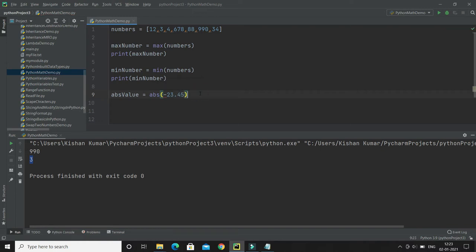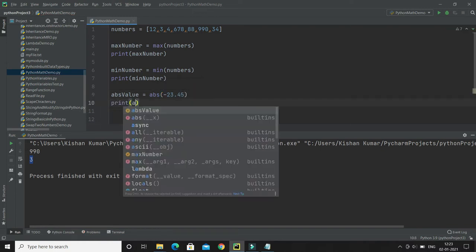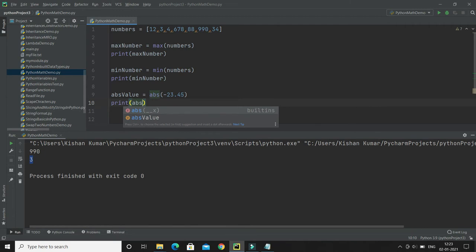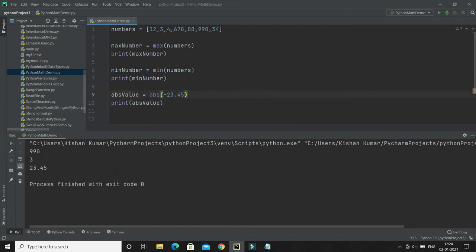If I print this abs value, let's see what gets printed. It will make a negative number positive, and a positive number stays positive as it is. That's how absolute works. So if you have a feed of a lot of numbers and you want all numbers converted to positive, then you can use abs, the absolute value.